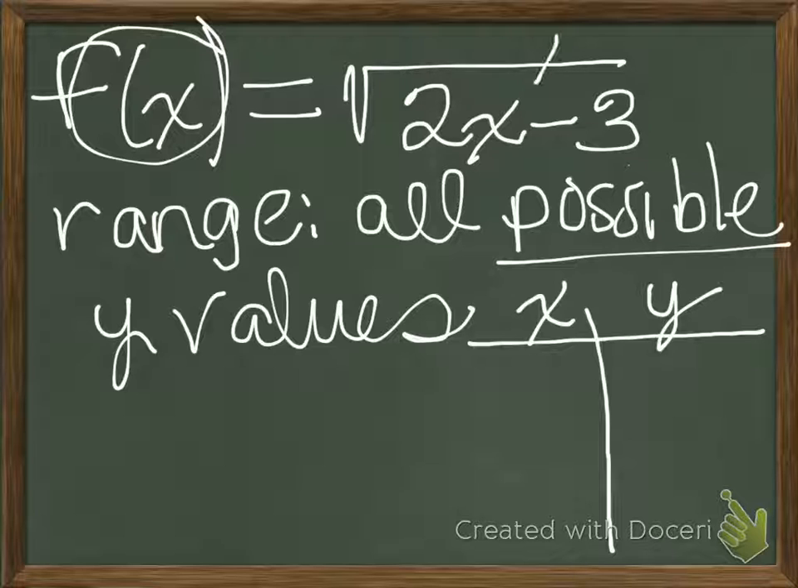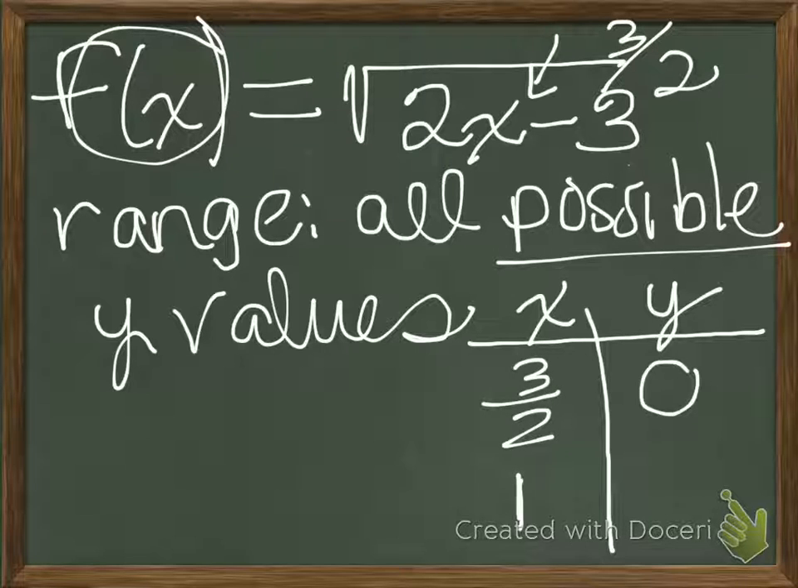So if the smallest x is 3 halves, what's the smallest possible y value? Well, remember when we substituted 3 halves for x, we got 0. And 0 is the smallest y value because I'm never going to get a negative number. So 0 is going to be the smallest y value. Let's take a look at what other y values I could get. Well, if I plug in 1 for x,